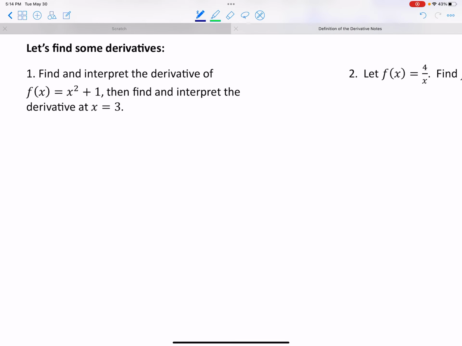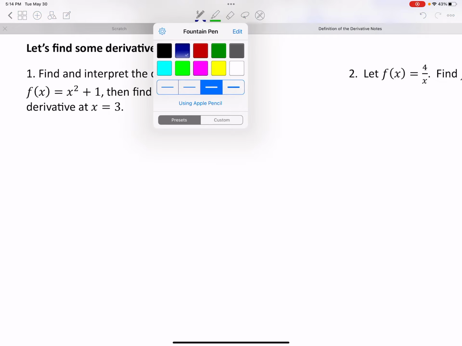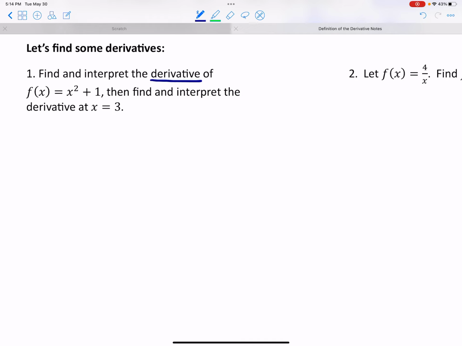So let's find some derivatives first. We're going to find and interpret the derivative of f of x equal to x squared plus 1, and then we're going to find and interpret the derivative at a specific point, in this case at x equals 3. So first, let's find our derivative. If we're going to find the derivative, we are trying to find f prime of x, and according to our definition, we're going to find this by finding the limit as h approaches 0 of the difference quotient for our